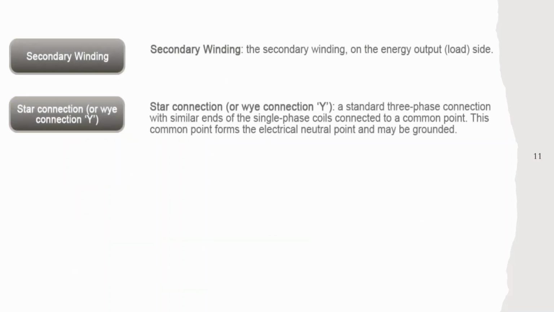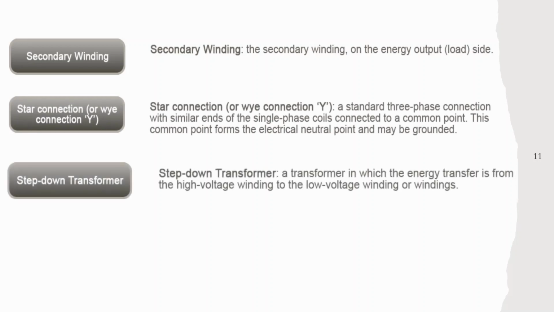Okay, secondary winding, star delta, Y connection, step up transformer. What is the meaning of the step up transformer? A transformer in which the energy transfer is from the high voltage winding to the low voltage winding. That's why, for example, we have a transformer from 132 kV to 33 kV, or then 33 kV to 6.6 kV, and then another 6.6 kV to